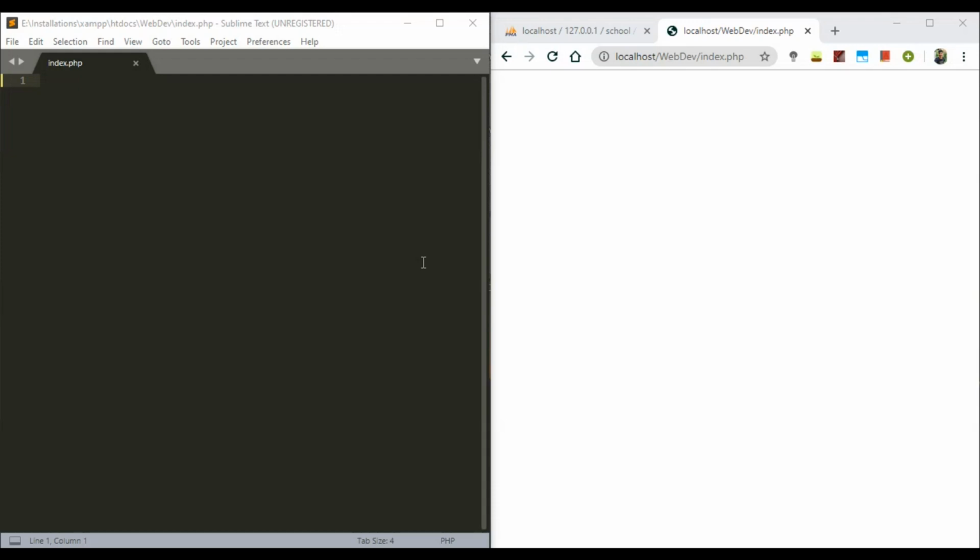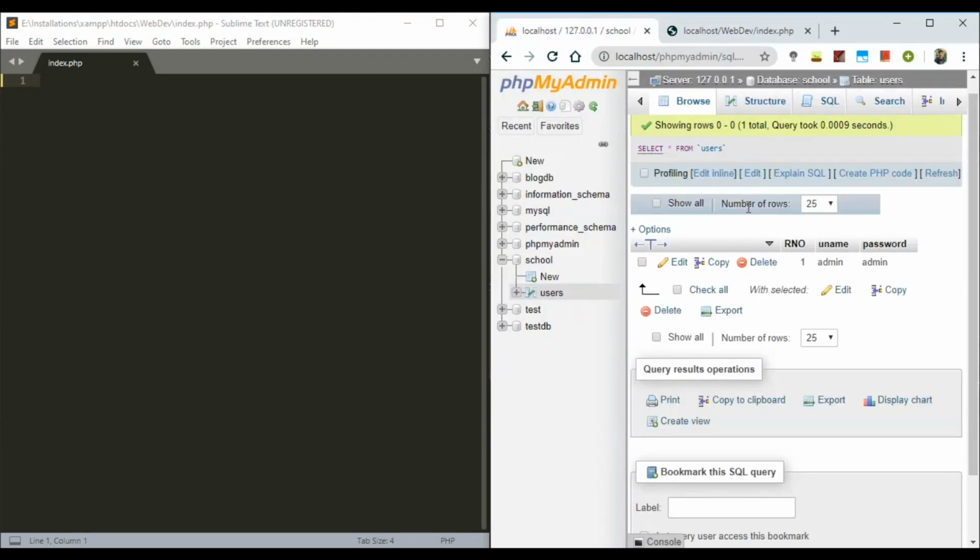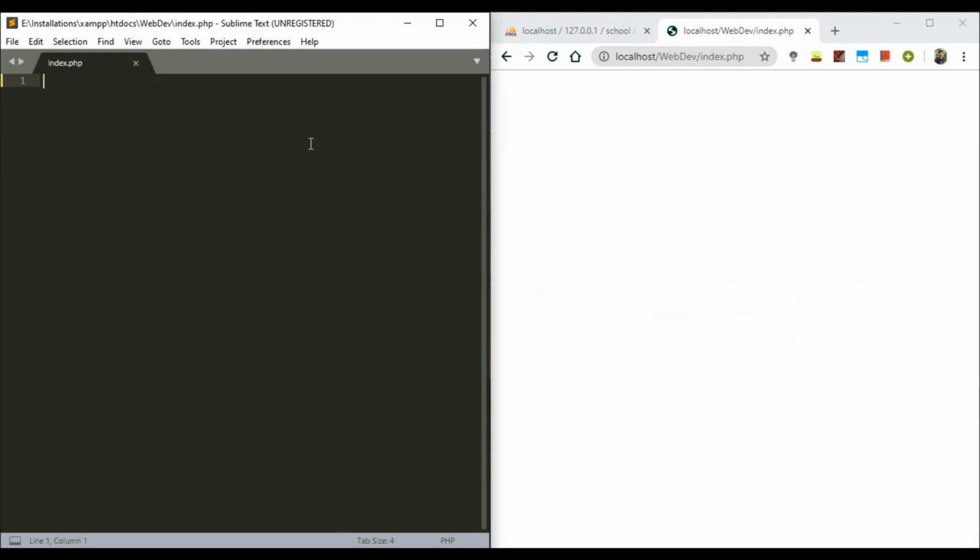Suppose a user tried to log into your website using their username and password. You need to automate the work of checking whether the details entered match the details in the database. Let's recall something that we saw in the beginning. Let's take a look at the database entries that we made. Our table has 3 columns: RNO for register number, username, and password, which we created in the beginning.